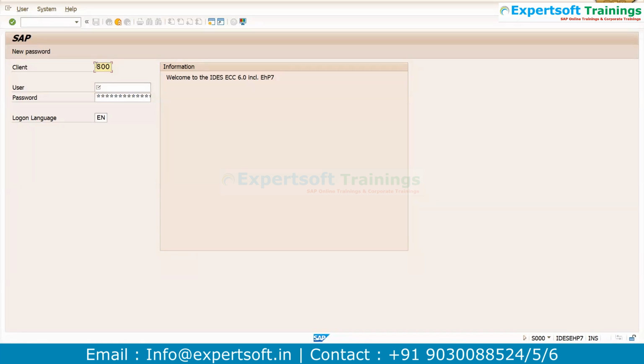Okay, when you are working in real time, there will be a development environment you will be working in, a quality environment you will be working in, and production also. Production you may not be working in; development and quality you will be working in these two environments. So in one environment there could be multiple clients. The purpose of having multiple clients, you will be able to understand once we go into the discussion. Okay, the purpose of having multiple clients is